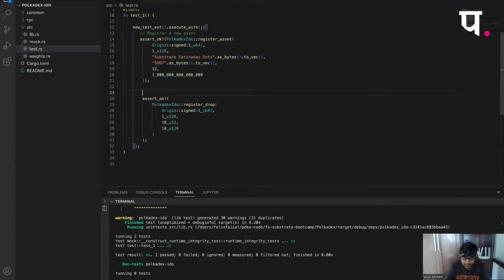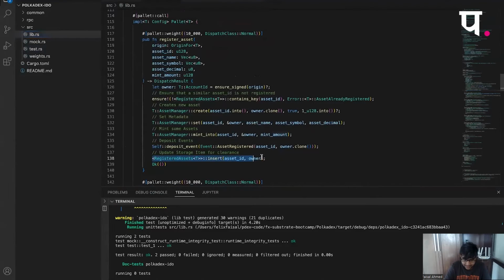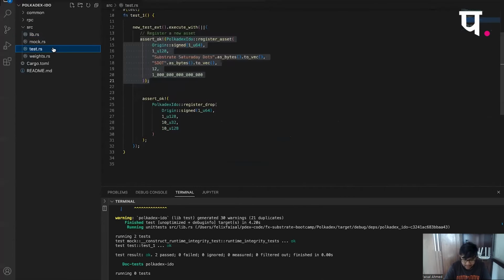When I call this extrinsic, it is going to update a storage item, right? As we see over here, which is registered asset. This is something that gets updated when I call this extrinsic. The way I can verify that this has actually successfully run is by seeing if the storage item has been successfully updated.